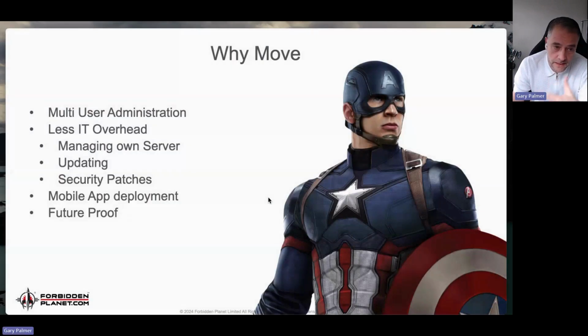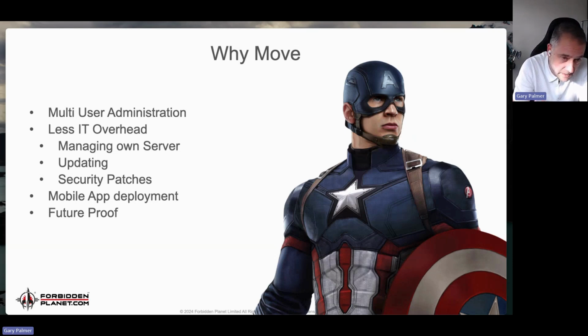So as I said, the key reasons why was multi-user admin. That's one of the biggest ones that we stumbled across, because I wanted to diversify the levels of management within the platform, and 2 of my developers are actually on this call, so I won't shout them out because they'll get embarrassed, and that's fine. But I wanted to actually have more people being able to manage the stack of work that we have within the platform. And as I said, on-prem, it's fine. There's nothing wrong with it. It works very well, and it's got some really cool features. But to have that multi-user access was a bit of a challenge.